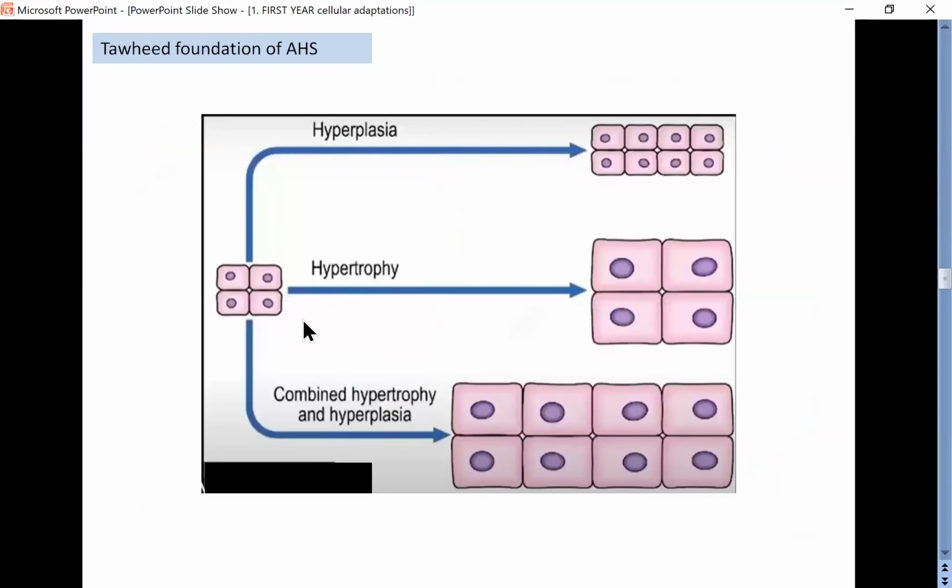So far we have seen hyperplasia. You can see 4 cells. If this cell with the same size only increases in number, that condition is called hyperplasia. If there are 4 cells and only the size is increasing, not the number, that is called hypertrophy. You can see combined hypertrophy and hyperplasia. Classical example is the uterus muscles during pregnancy.